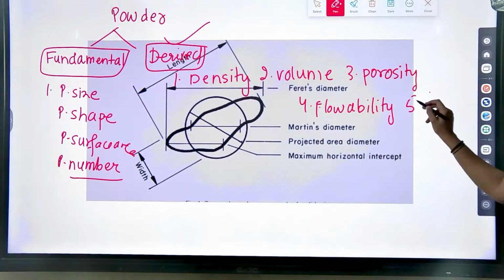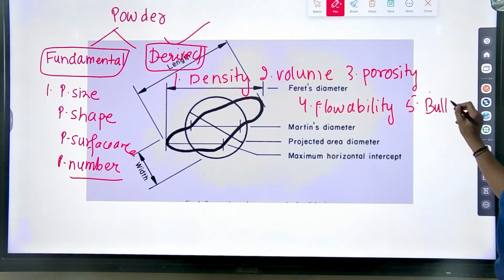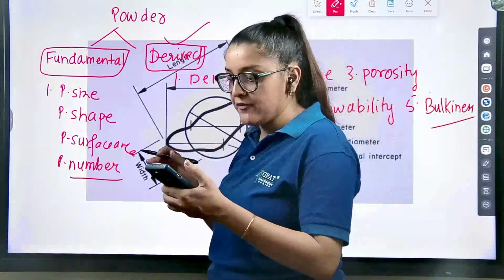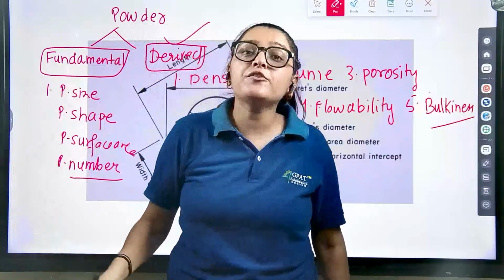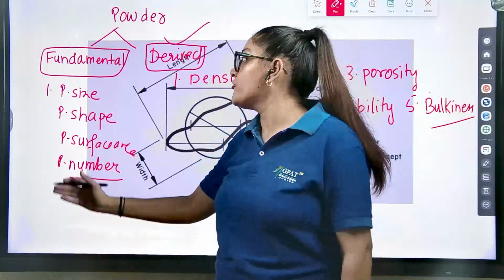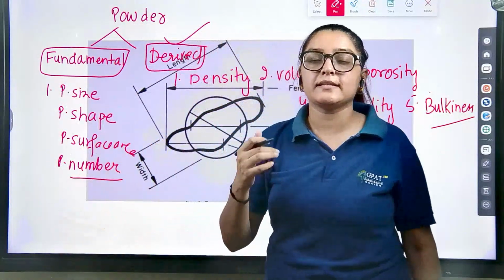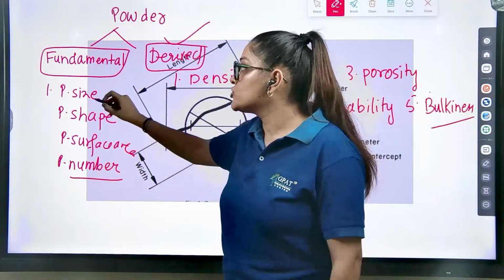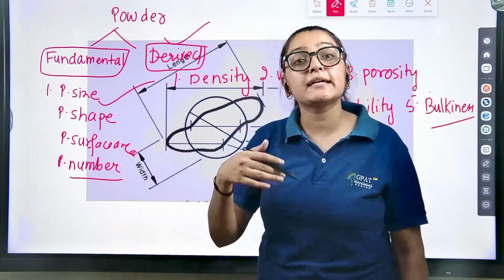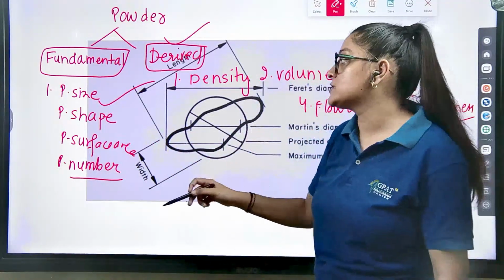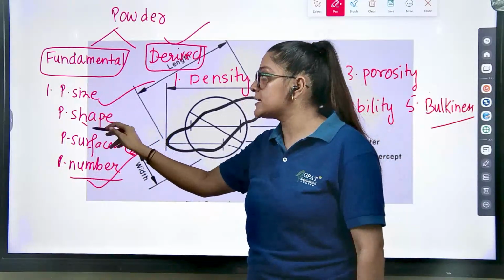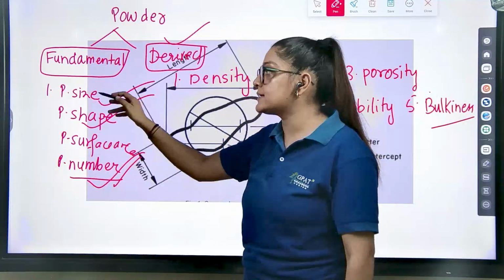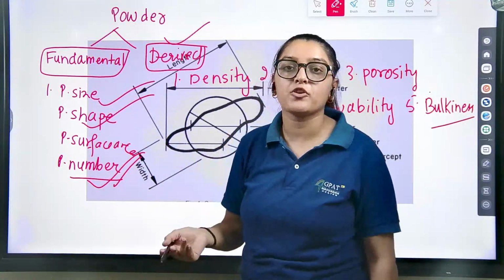right? Then we have bulkiness. Once you read about the density, you will understand. So all these derived properties are derived from these fundamentals. Fundamentals of powder properties include the size, shape, surface area, number. So today we have learned about the particle size, particle number, particle shape. From these diameters, particle number, that size can be converted to and fro from weight, and